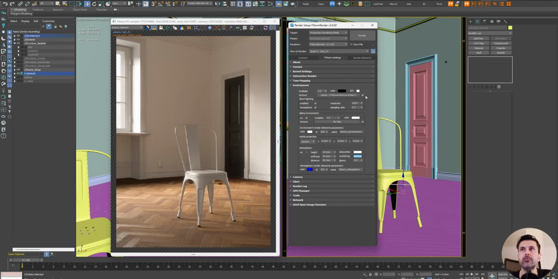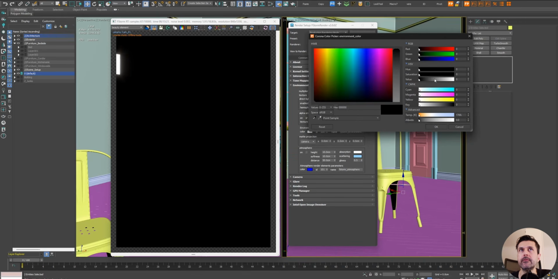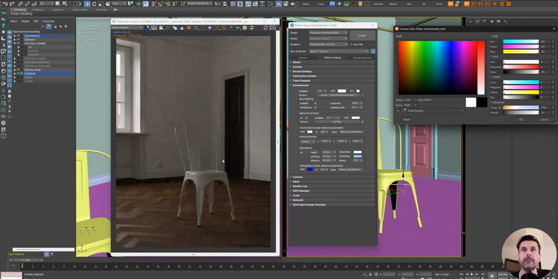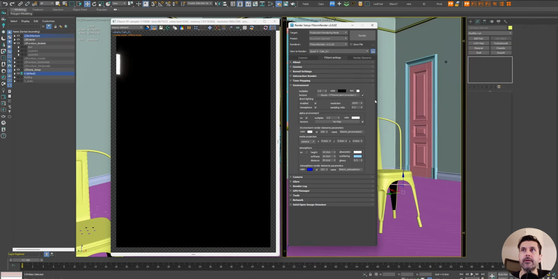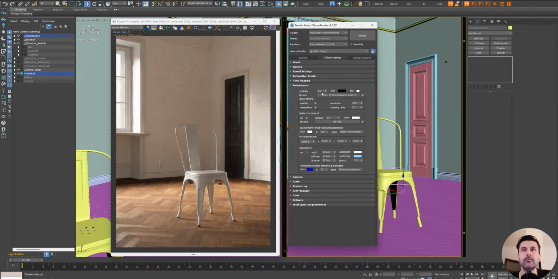But just to show you, I'm going to turn off the texture. You see the color is black, and so we don't see anything. I'm just going to make it white. So this is just the color, just white color coming inside. And yeah, I mean, it's not that bad, but I always use the texture. And the multiply, I usually don't touch this. I put it on 1 because if I show you here,